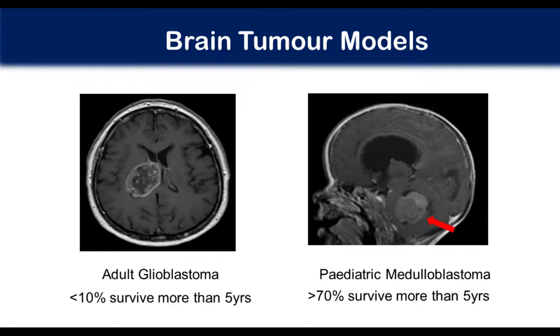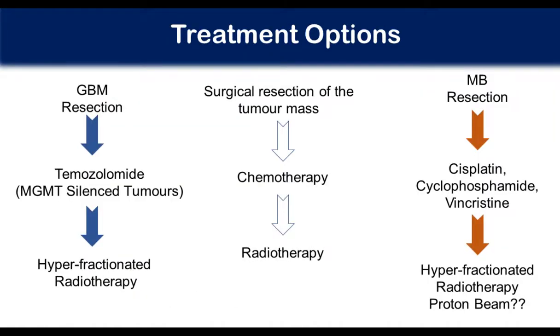So overall, it's really important that we get a better understanding of these tumours and what's going on with the cells. Both of these tumours are very, very hypoxic. So when it comes to treating cancers and things like brain tumours, we have a few treatment options. In general, for many types of tumours, we follow this pathway, which involves